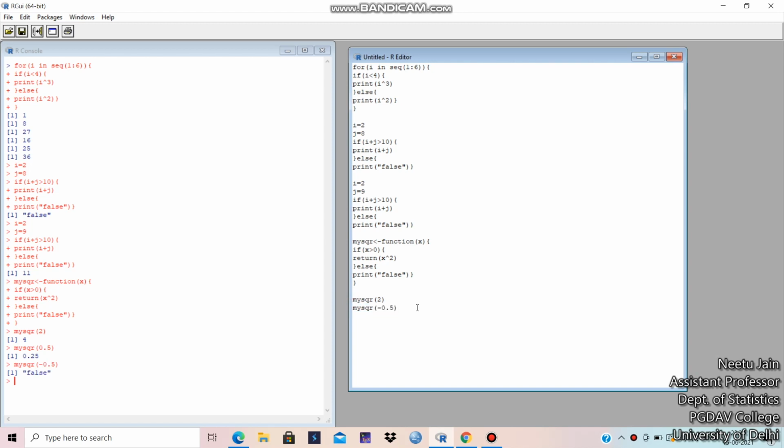So that is the role of function. I made a function of x, and here it is if loop. Both are these if loops, and this is for loop, right? And this way you can form so many functions, and if loop, for loop you can create in this way.